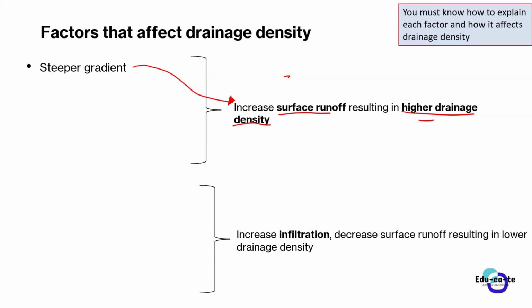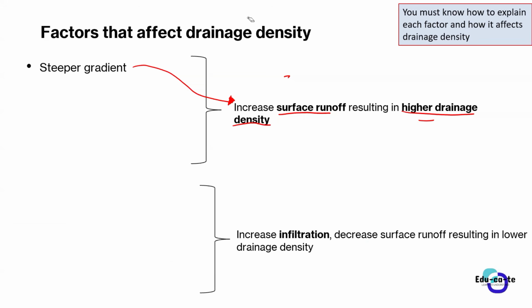This is not confusing after all, because I've already explained to you guys, when we say that there's a higher drainage density, there are more streams that are flowing. There is more water flowing over the land. So when there's more water flowing over the land, it simply means that there is more surface runoff. So make sure that whenever you answer such questions, you link the surface runoff with the drainage density. A higher drainage density is actually caused by more surface runoff. So now you are going to go back and see which factors actually increase the surface runoff. Those factors that are increasing the surface runoff will cause a higher drainage density as well.